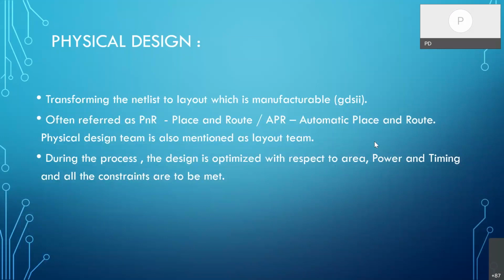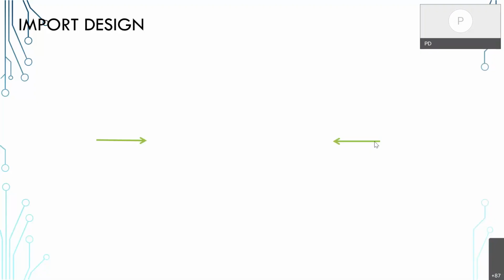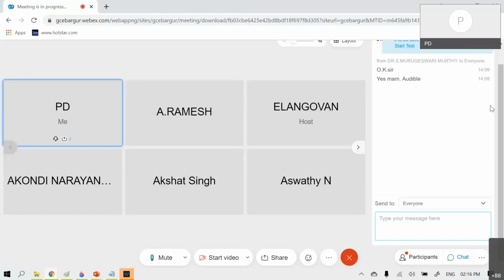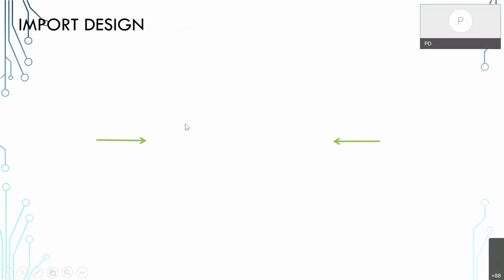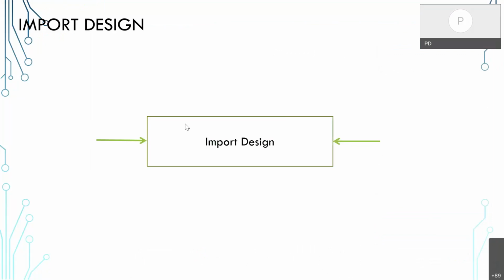Often we refer to this PNR as place and route, or automatic place and route, or the layout team. That's how we term it. When it comes to importing the design, the very first stage is to get all the inputs and make it ready for our PNR flow.